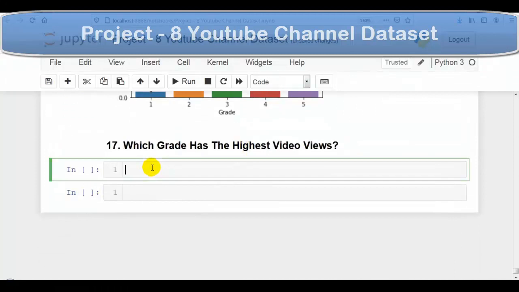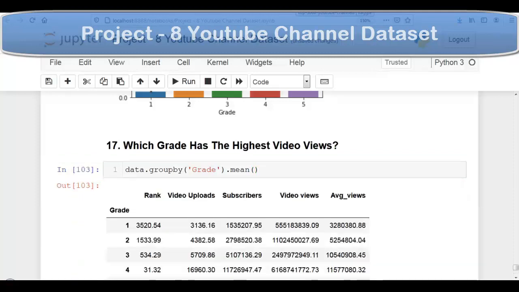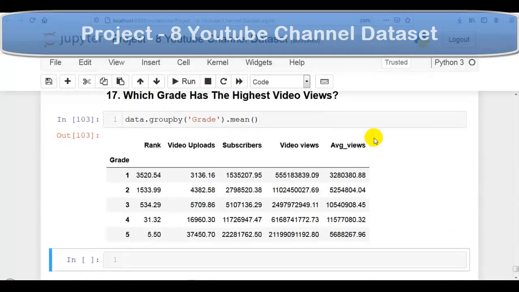So now our final question. Which grade has the highest video views? For this question also we can use bar plot of Seaborn. But now let's use group by method of pandas data frame. So we are going to use group by grade column and let's find mean using this mean method. So let me execute this cell. As you can see over here, it is showing complete summary.